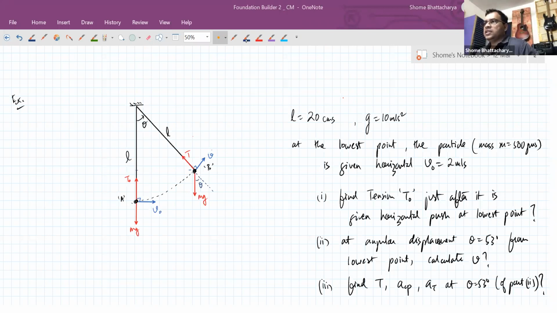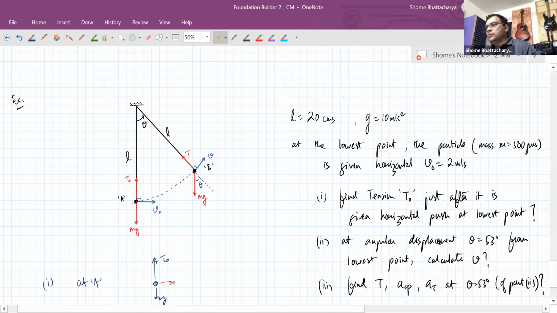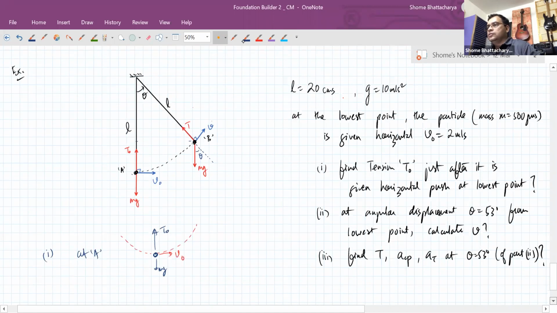Okay, so first thing, let's check out the free body diagram at the point A. So first part at A, you can see that tension and mg, whereas the speed is v naught, part of this circular path. Okay, so we have